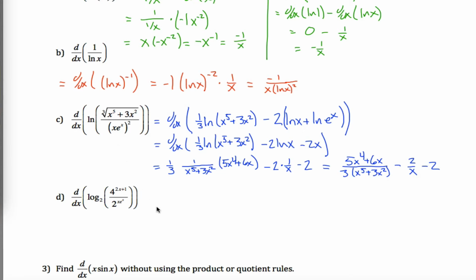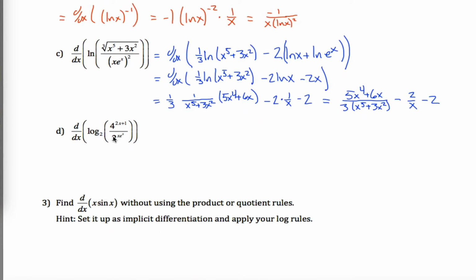All right, moving on. This mess, again, much like the problem up here, you could just power through and use chain rules and quotient rules, but I'm not going to. I'm going to use log rules. So I'm going to say that this is the derivative of the log base 2 of 4 raised up to the 2x plus 1 power minus the log base 2 of 2 raised up to the x e to the x power. And the reason I'm going to do that is that it'll allow me to use a whole bunch